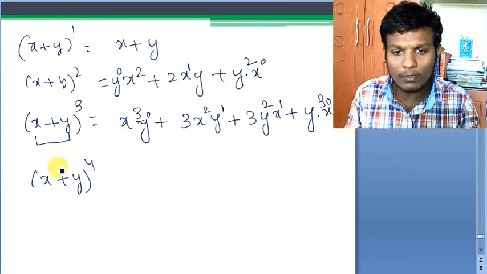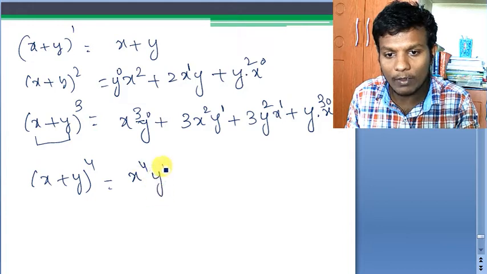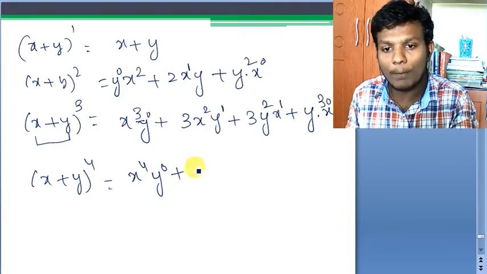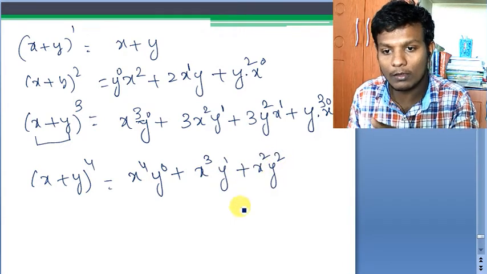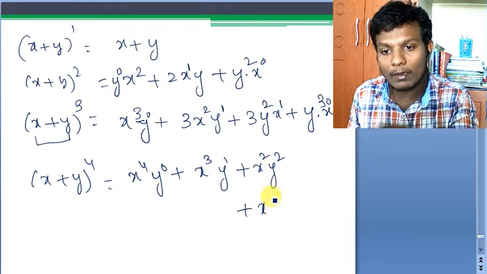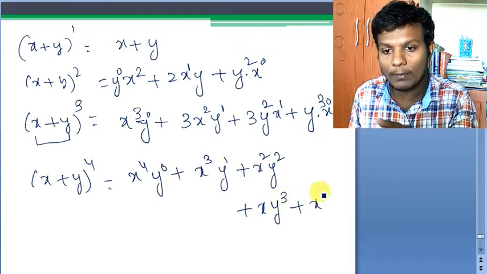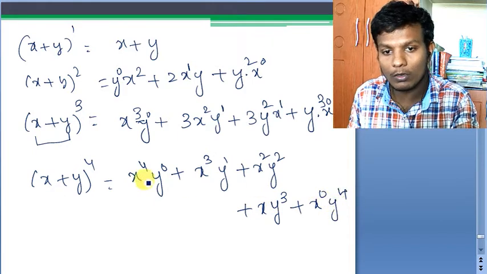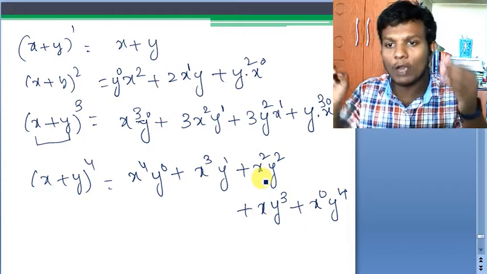But if you observe here, you will always start with x power 4 and y power 0. Then x will drop by 1, x will become x cube, and y will become 1. Then x square, y will become 1 more here. Plus x will again decline and y will become y cube, and finally x will become 0 and y becomes 4. Here, if you observe, the powers of x are dropping, and these are what we call powers.